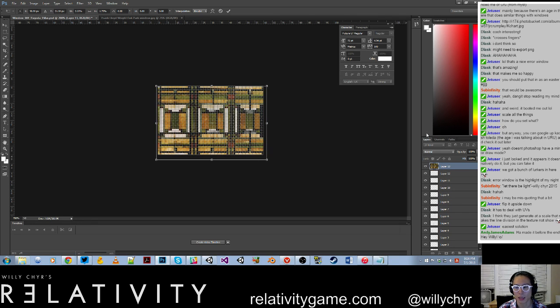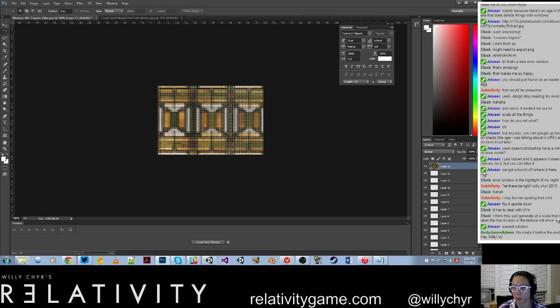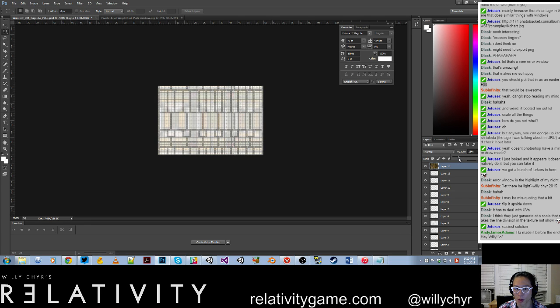But at least if I'm working with it, I can have this as a lower opacity. Actually, it doesn't work too well, but I think that's probably just the image itself. But anyway,